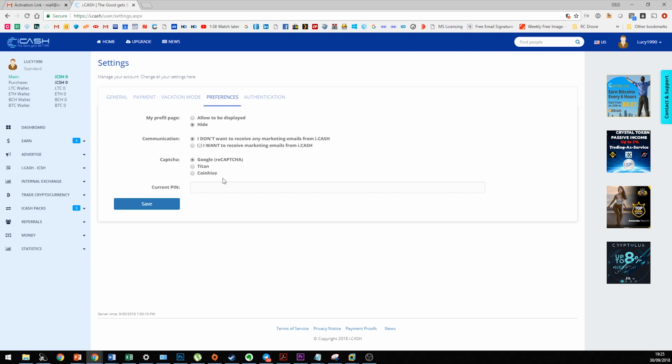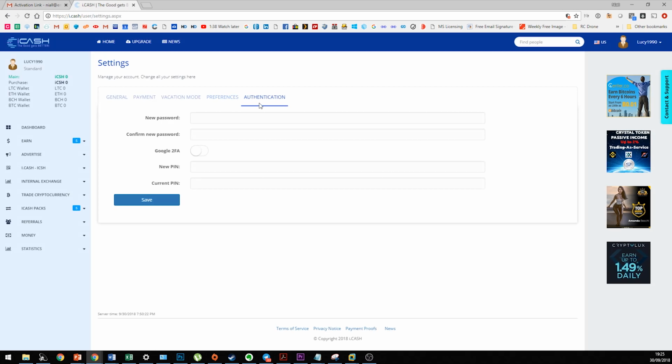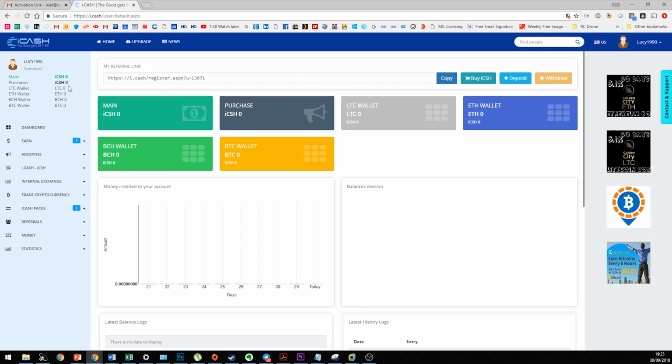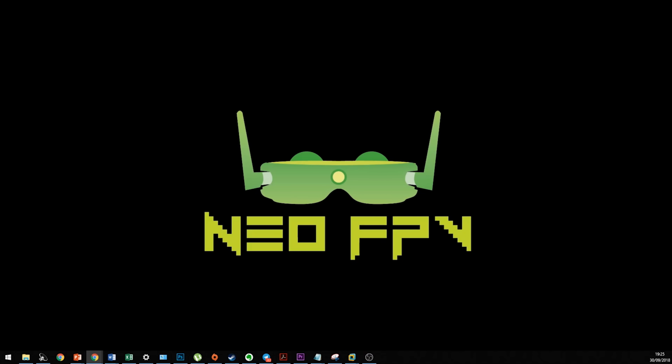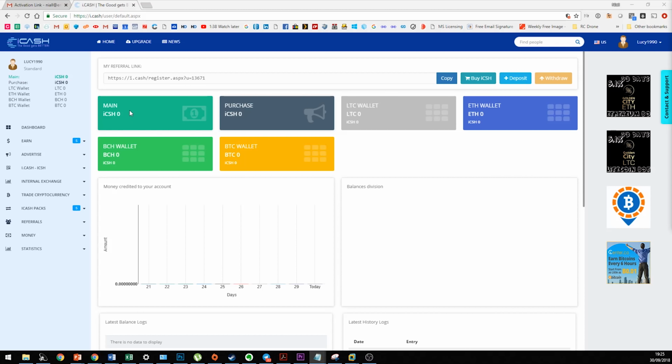There's some kind of different captures here. And obviously if you want to enable two-factor authentication, which will be the Google Authenticator app, it gives you an extra bit of security on your account. And if you want to change your password and PIN there, you can do that. So let's go back to the dashboard, and let's talk a little bit about